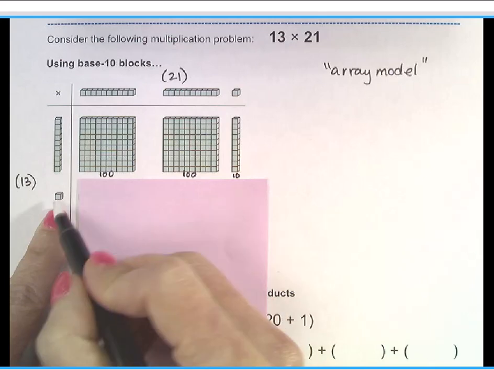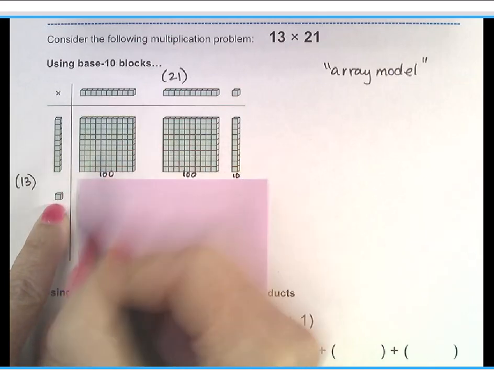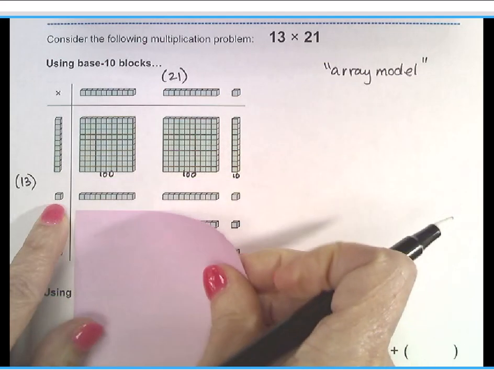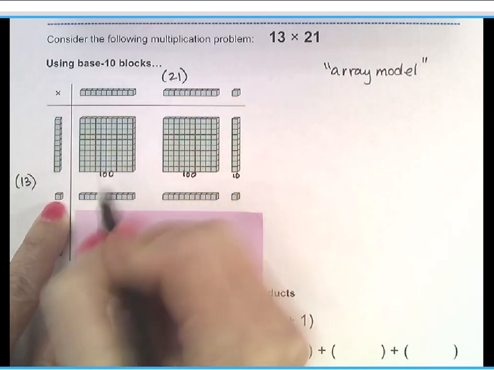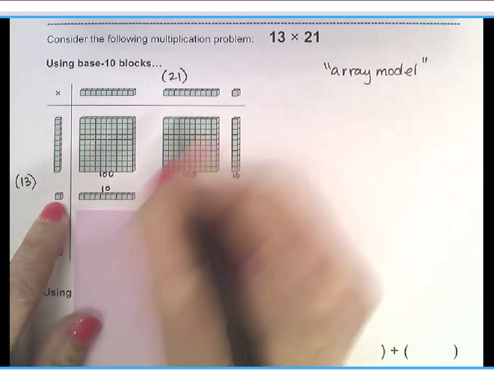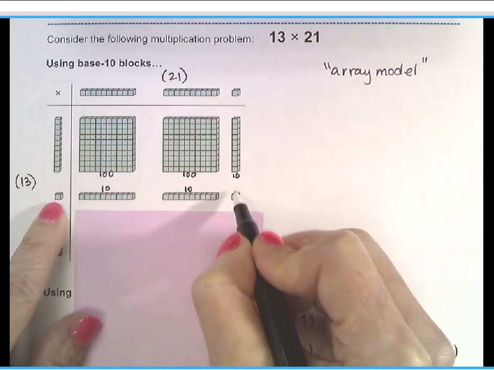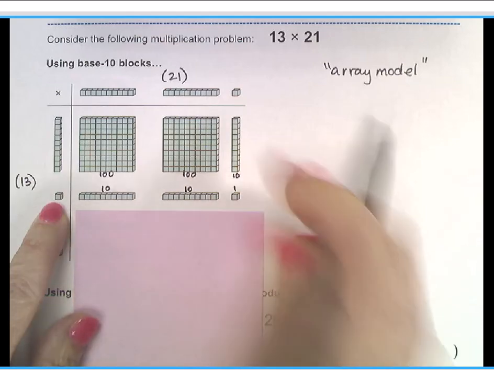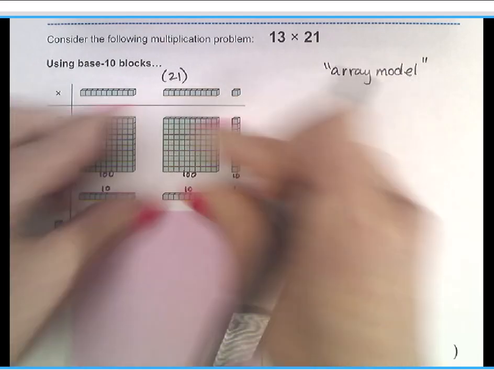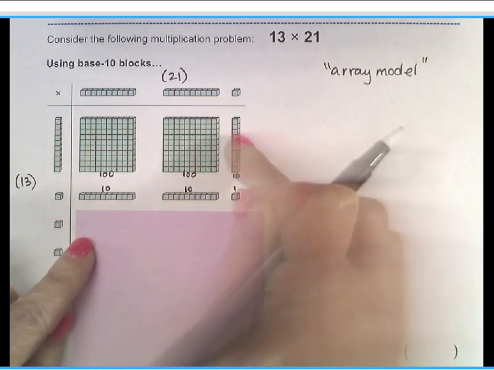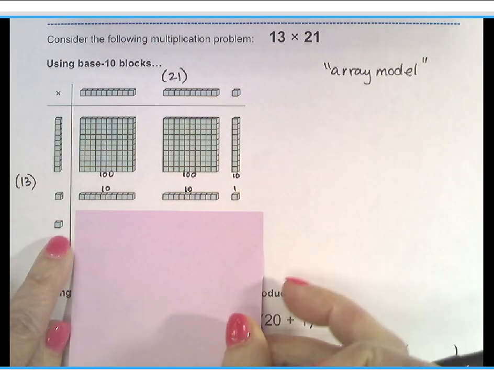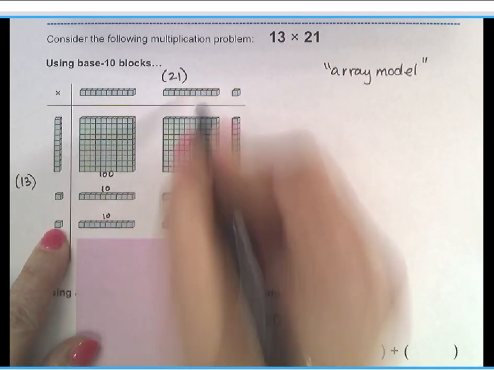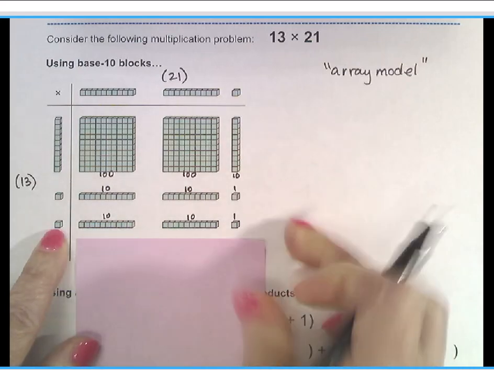Now we're going to move down. Now I'm going to take a 1 and I'm going to do 1 times 10, 1 times 10, 1 times 1. And what that's going to give me looks like that. 1 times 10 is 10. 1 times 10 is 10. 1 times 1 is 1. Now do you see how this 10 is vertical, but over here they're horizontal? That's because we're trying to make this final shape. We want to be able to push it together and make a rectangle. We don't want any parts sticking out on the side. Now if we distribute another 1, we get the same thing. 1 times 10, 1 times 10, 1 times 1. And if we do it one more time,